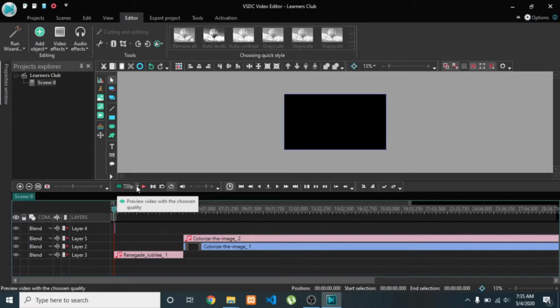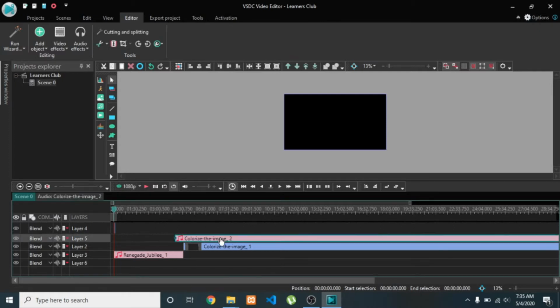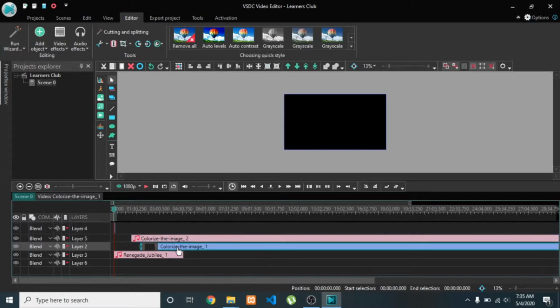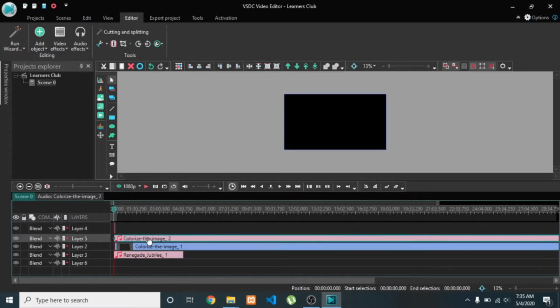And if I want to increase the resolution, I would like to take it to full HD 1080. You can choose according to your choice. And if you want to preview what's going on in the editing part, you can just click on that.